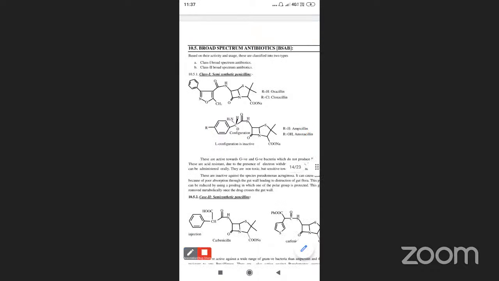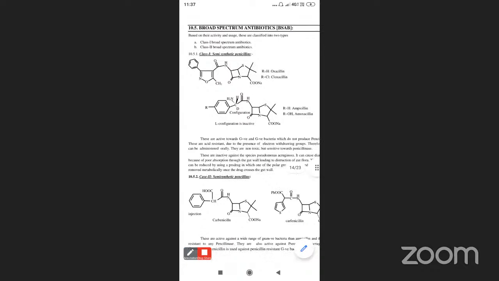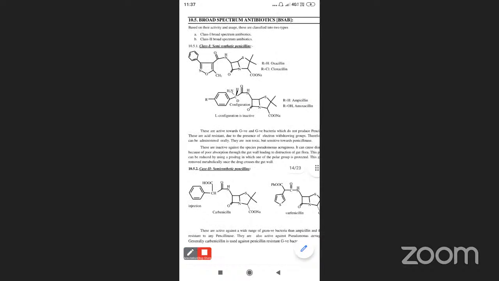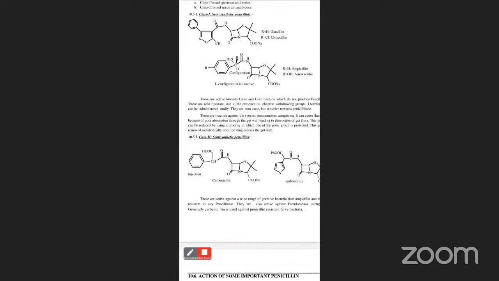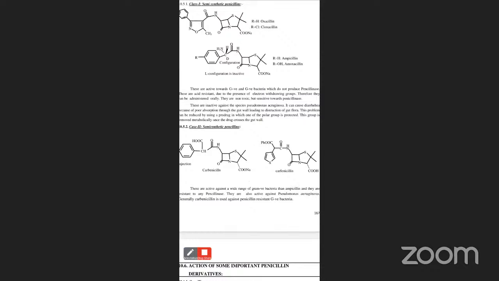All these antibiotics, oxacillin, cloxacillin and ampicillin, are active towards both gram positive and gram negative bacteria. So these are active against both bacteria. And next, class 2 semi-synthetic penicillins. So in this particular class 2 category, generally,